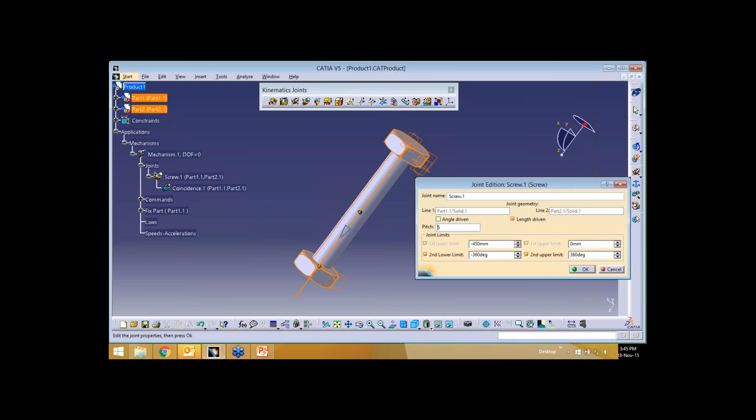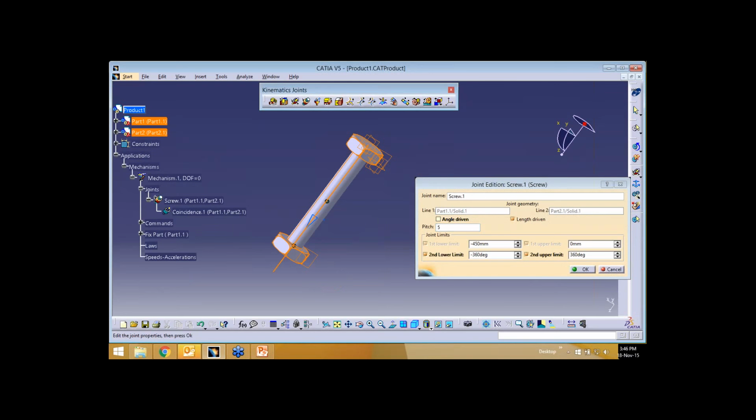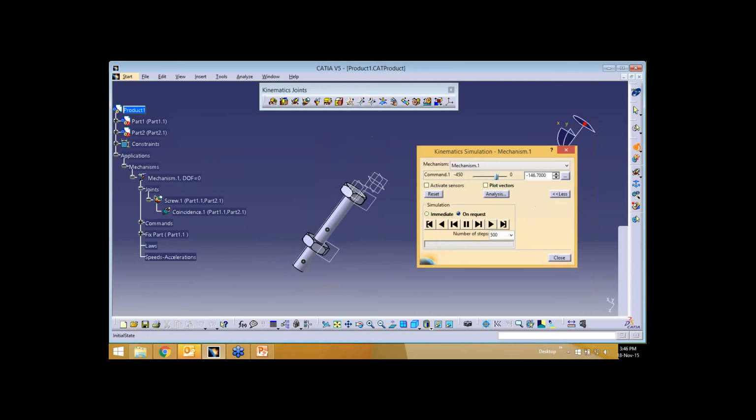I'll drag this and say play. Since my number of steps is 500, it is very fast. If I increase this to 2000, now it is a bit slow.